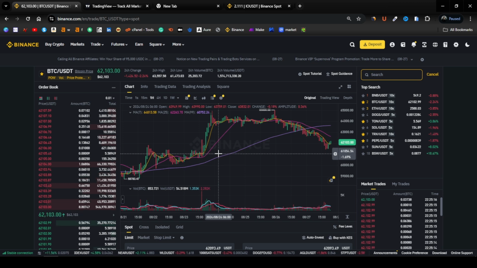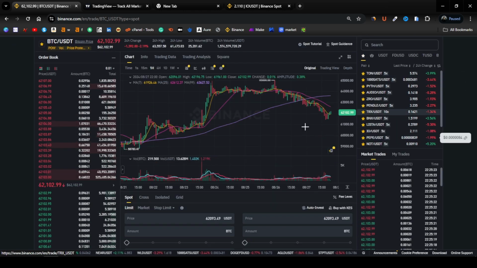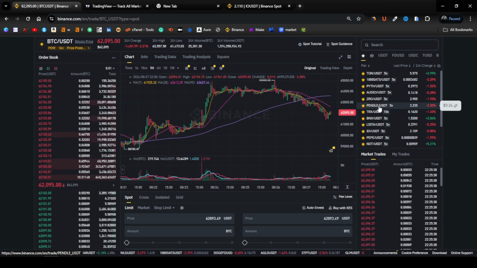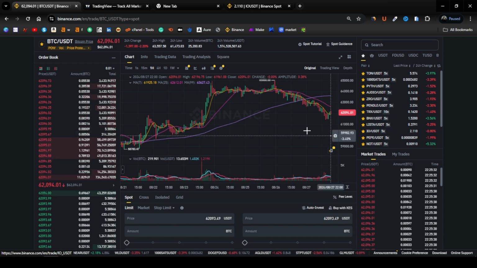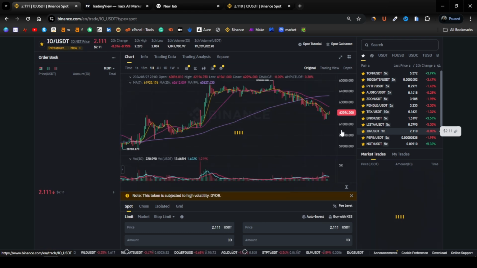Right, so what you're going to do is you're going to come here and maybe scroll down and choose the token that you want to trade. I've already set up my favorite tokens that I'm trading with, or the coins that I'm trying to observe. So for this example, I'm going to use this IO coin. Alright, the current price is 2.1 USD. I'm just going to press on this coin,